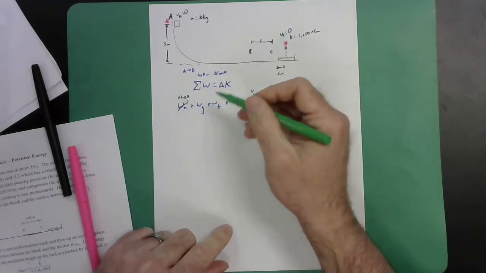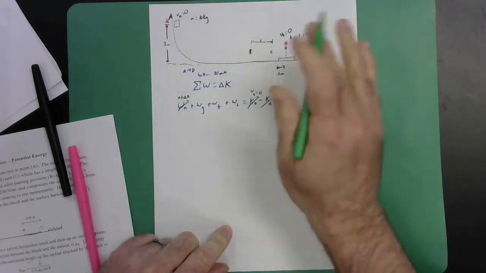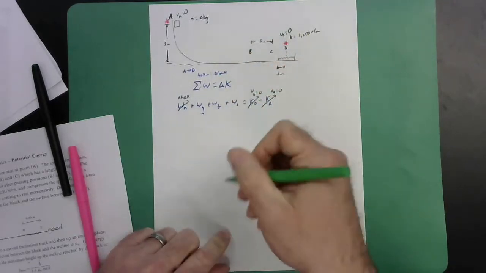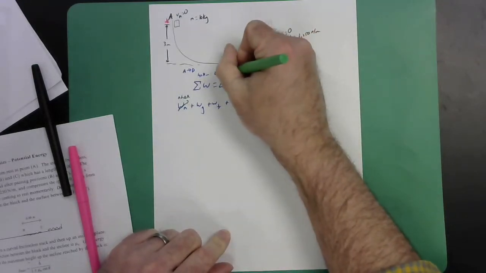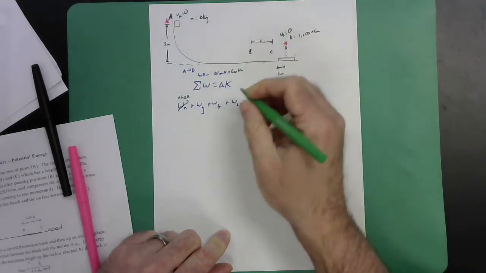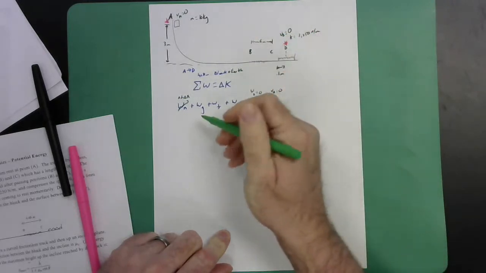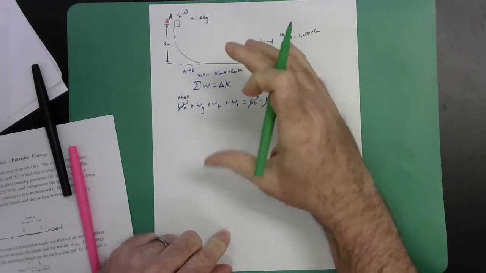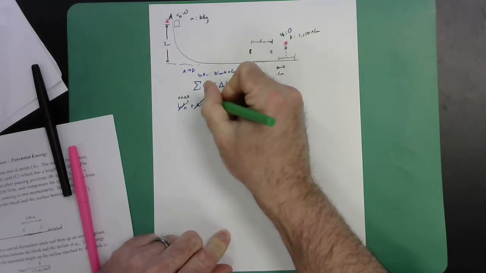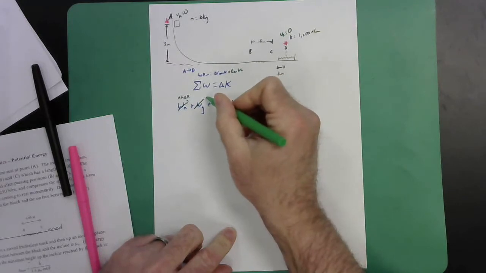Now, work done by gravity along a curved path, and they don't tell you the radius of curvature or anything like that. We're going to use potential energy for sure. So that means I'm going to alter my system. It'll be the block and the Earth. So now the gravitational force won't be an outside force on the system. I'm going to be rearranging that system, though, changing the amount of potential energy that Earth-block system can do. So this is going to go away because gravity is not an outside force,